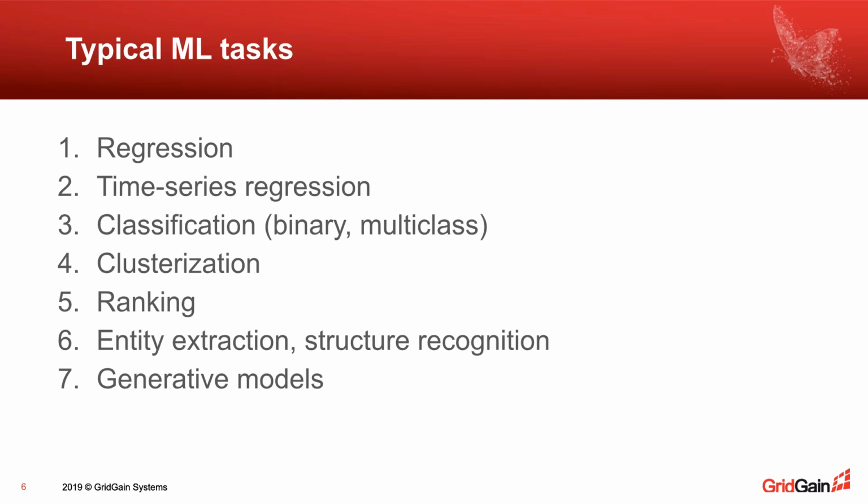After that, I want to overview typical ML tasks. It could be regression or time series regression. When we solve a task like that, we want to restore the law. For example, we have data about house pricing, and we want to restore the function that will describe how some specific features of this house